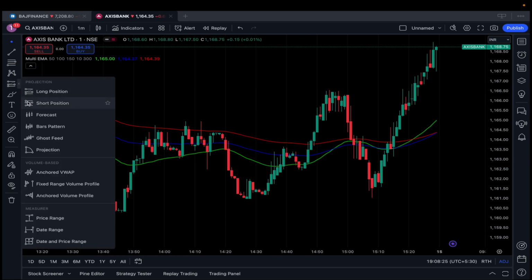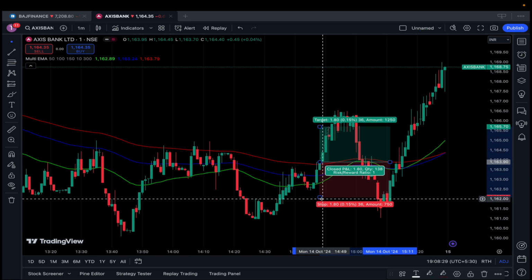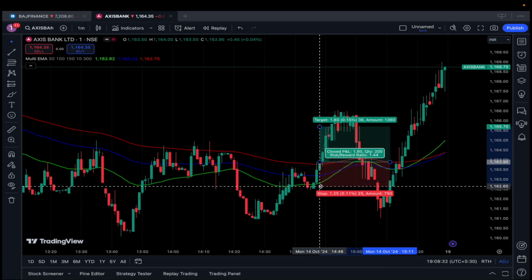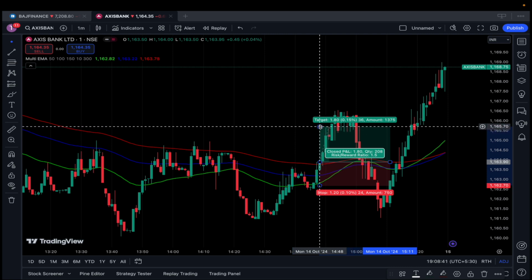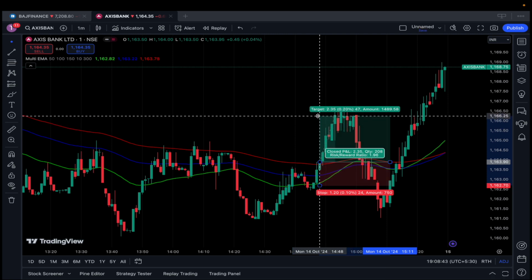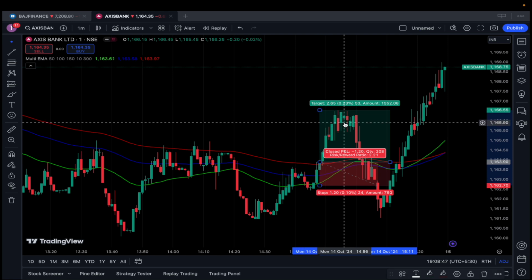So if you take the long position at the given point, your stop loss will be 1.20, and the target you have to set is exactly 1:1 or 1:2. So you have to set the target of around 2.40, but here we are easily getting 2.65, which is almost within minutes we are completing the targets. And as a scalper you have to just look for these positions or these conditions only in order to gain